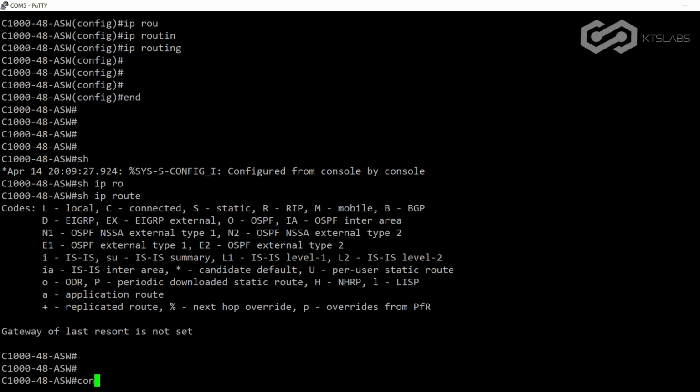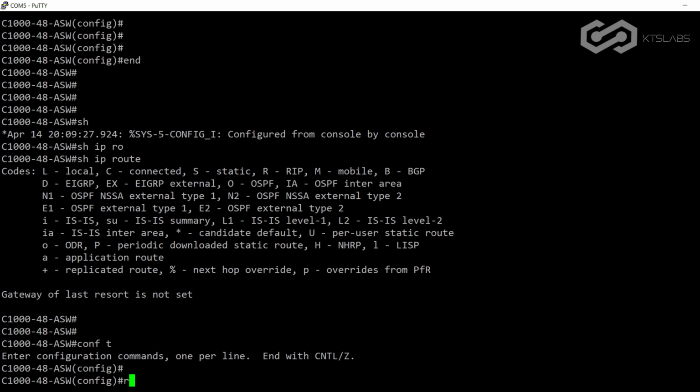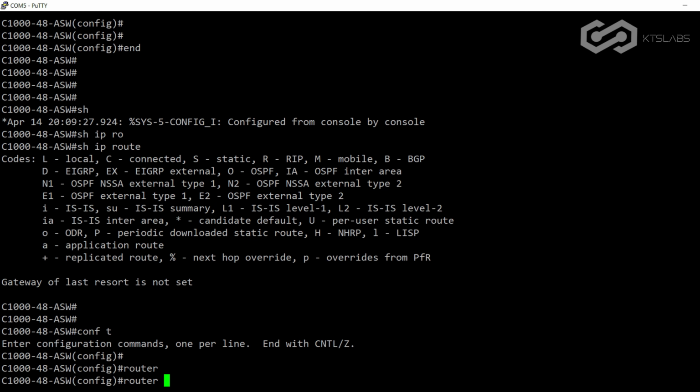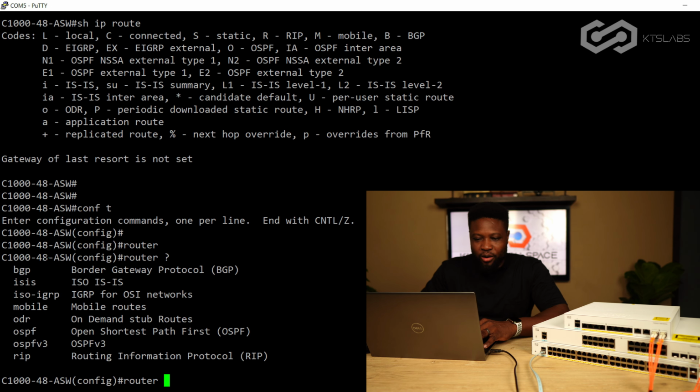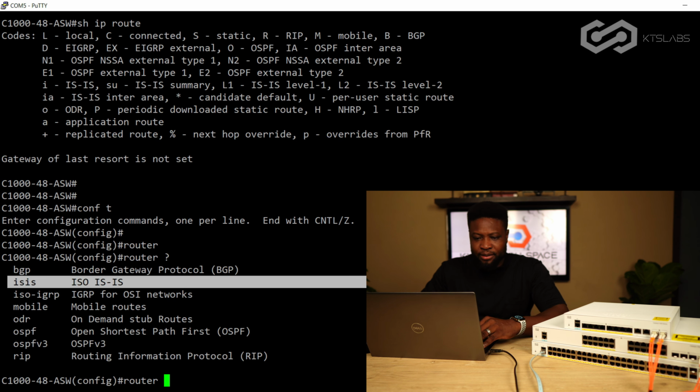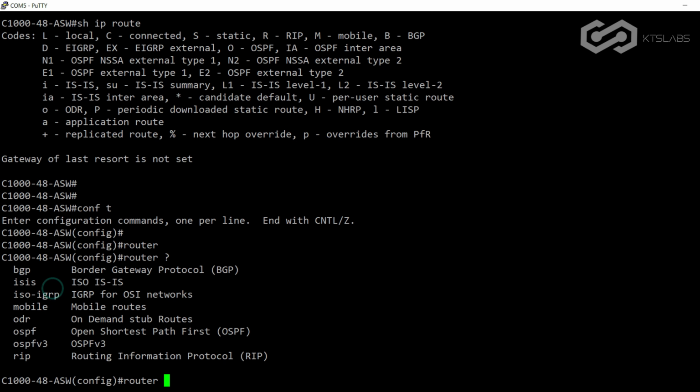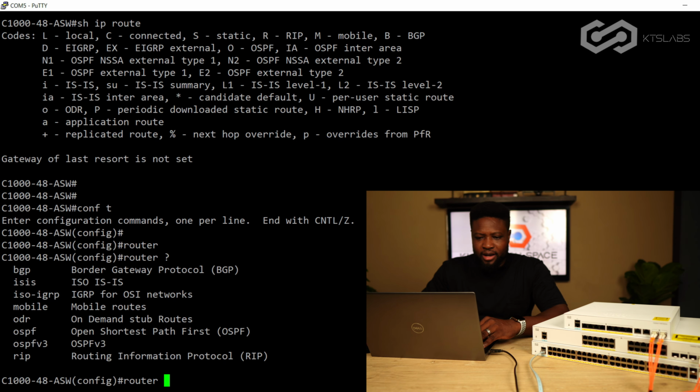What does it support? So let's go conf t. Let's do router. Let's check it out. So from here, okay, I am on the 48 port, but I think that the 8 port, they all can do exactly the same thing. Yeah, so we can configure BGP here, ISIS, intermediate system to intermediate system. Whoa, okay, that is